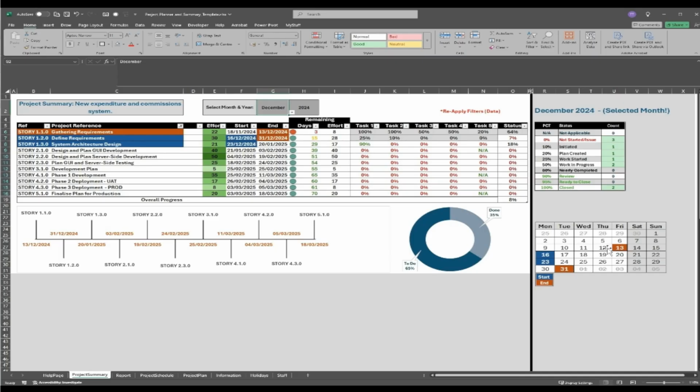You also have a visual calendar that tells you when the tasks or the stories are going to start and when they're going to finish, giving you information on if there's any potential issues, you can highlight them to your stakeholders. That's it for the